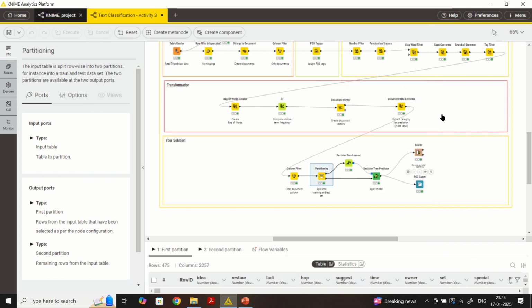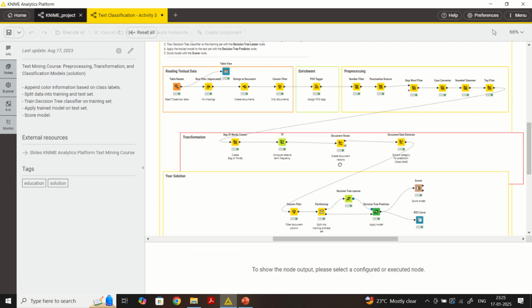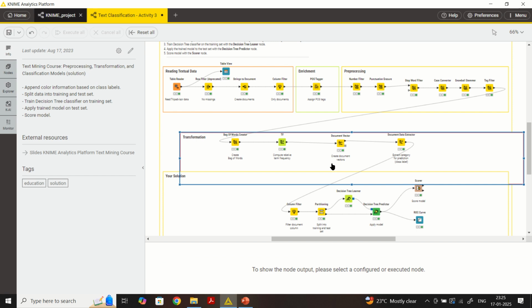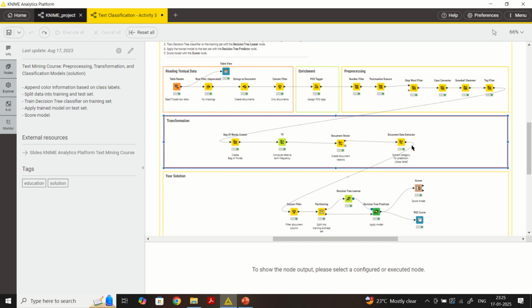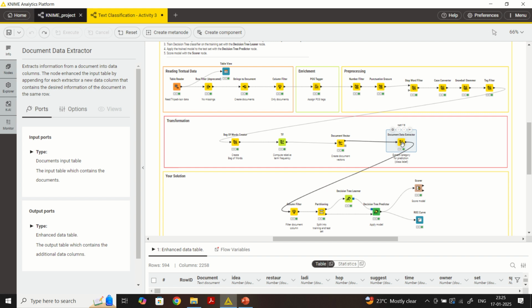So that is all about text classification. After this partition node, it is all the same. What differs is before this, when you are converting the text into numbers; afterwards it's all the same. One additional node that you have understood is the Document Data Extractor, which extracts the required